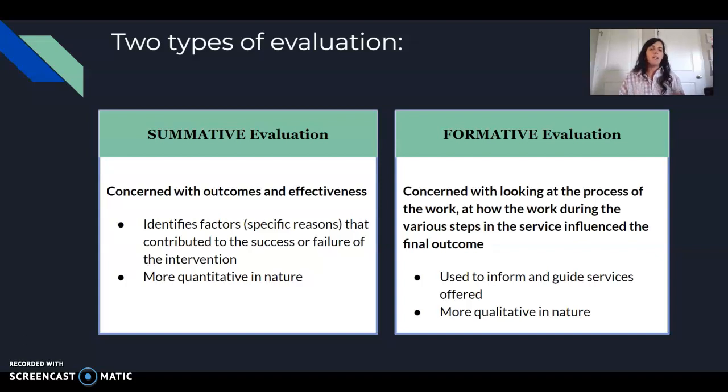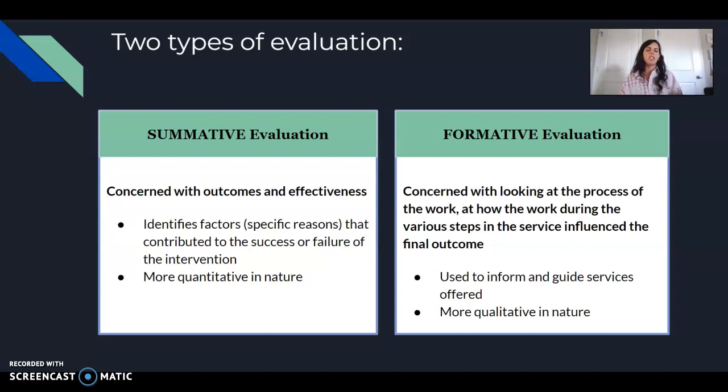So we'll talk more about this evaluation process and some of these research type terms in our actual research class. But summative evaluation, think about the root word of sum. It's like adding it up. So it's very quantitative, getting a very specific concrete identifier. So looking for the specific reasons that contributed to the success or the failure of the intervention. Like I said, it's more quantitative in nature. So maybe the client just did not collect enough X, Y, or Z to be able to accomplish their goal, or they didn't spend enough time at the library that they identified. So it's just looking at very specific, more objective information,